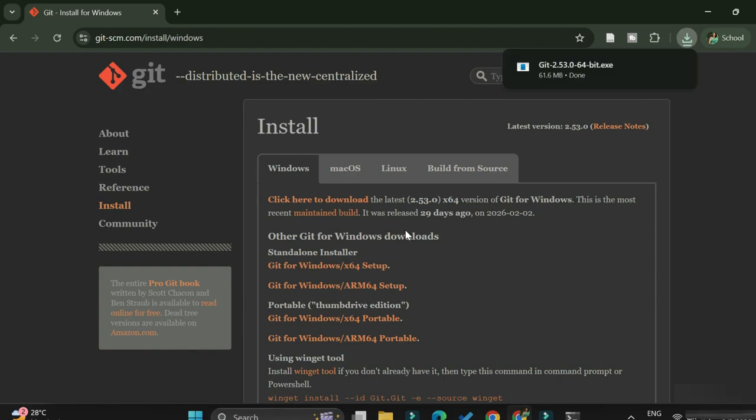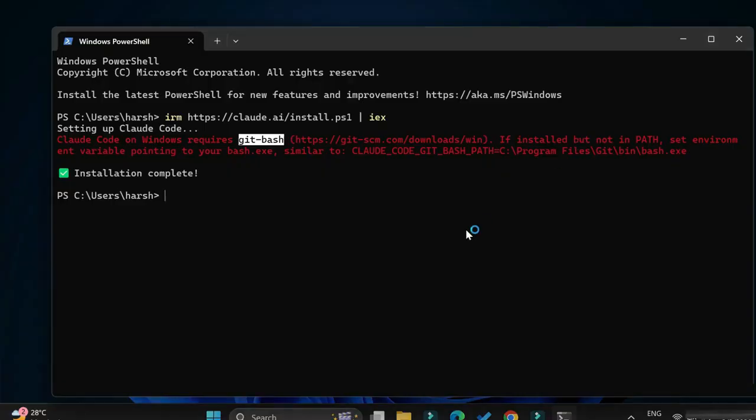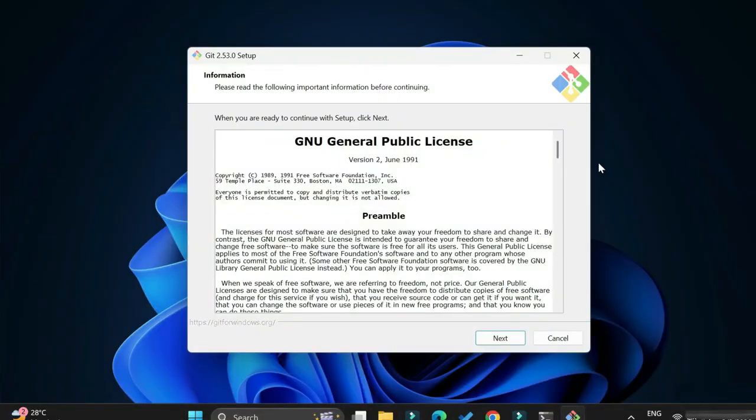So let's click on this exe to start the installation. I'm closing my browser guys. Here it is asking me permission. I'm just clicking on yes button, and now here it's showing me license. So I'm going to click on next button,